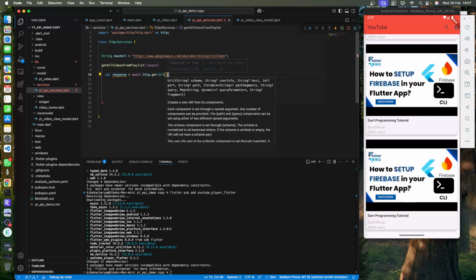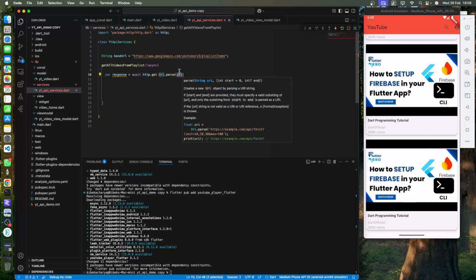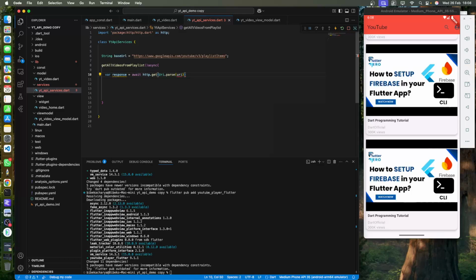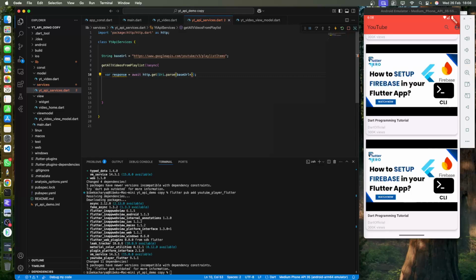Or we can simply use a function, Uri.parse, and here we can provide a URL. Let me close the bracket and close it with semicolon, and here we are going to use base URL plus, and we are going to see the documentation for the query after this base